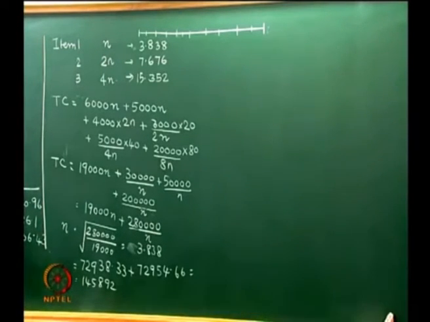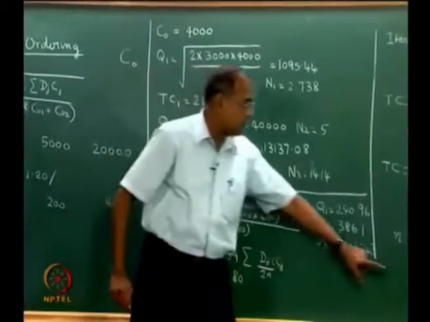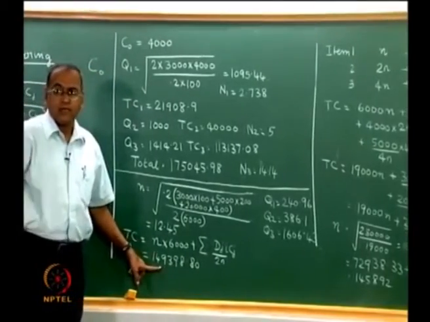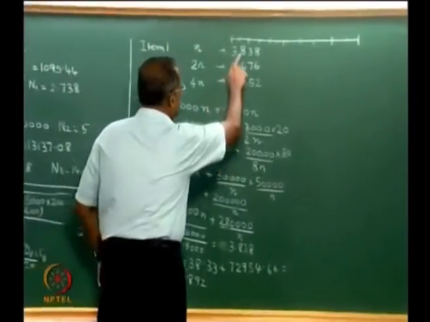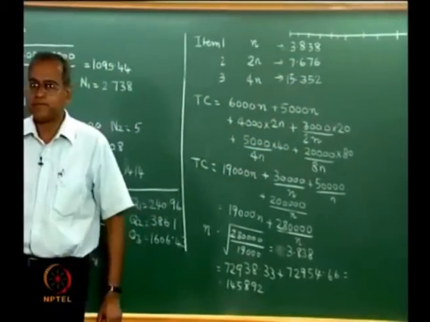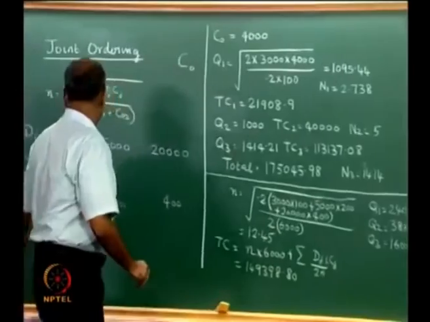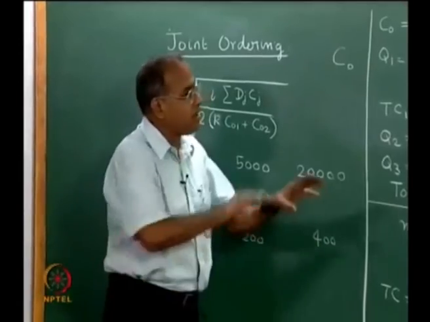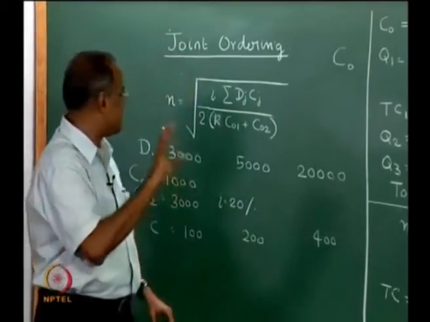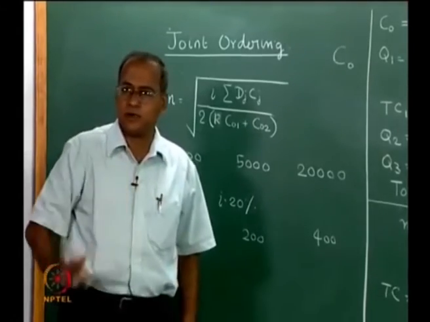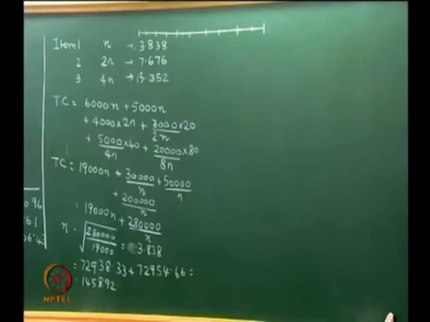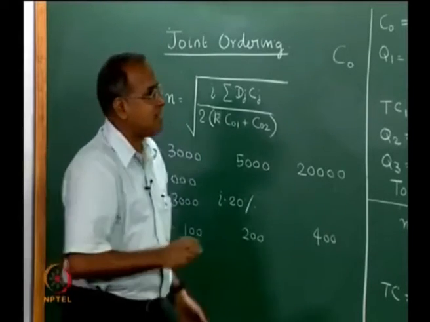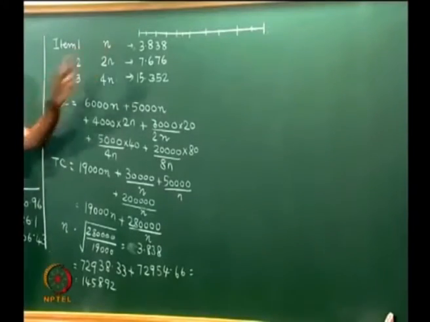So now, the first thing we observe is that the cost has further come down, 1458.92 versus 1493.98. The other advantage is that the number of orders are staggered and somewhat proportional to the annual demands of 3,000, 5,000 and 20,000. So roughly all of them will have order quantities somewhere around 800 to 1200. The number of orders will be different, and the average inventory that we hold will also come down. That is the advantage of using these kinds of staggered values.